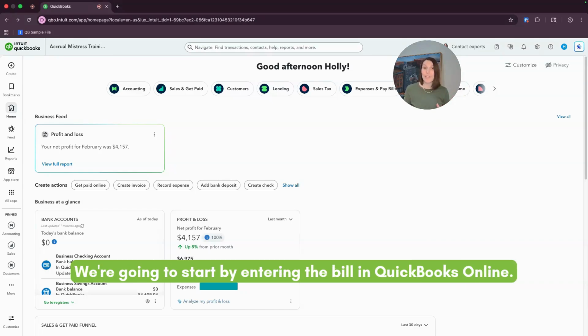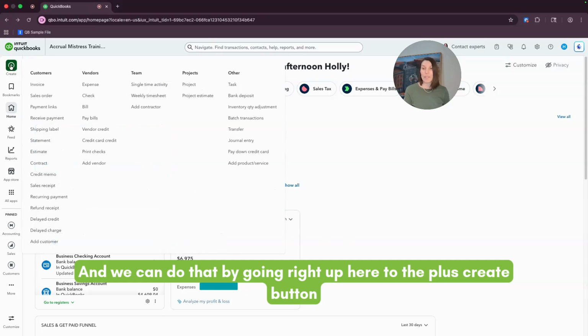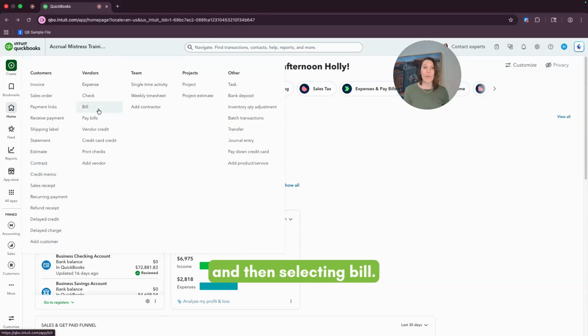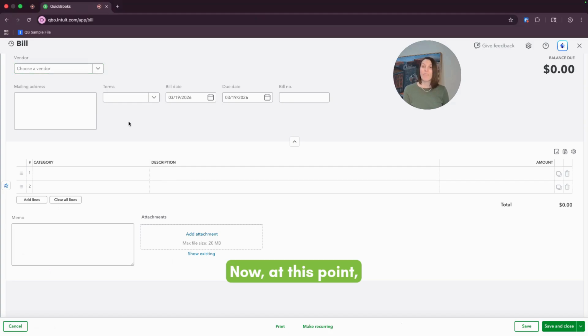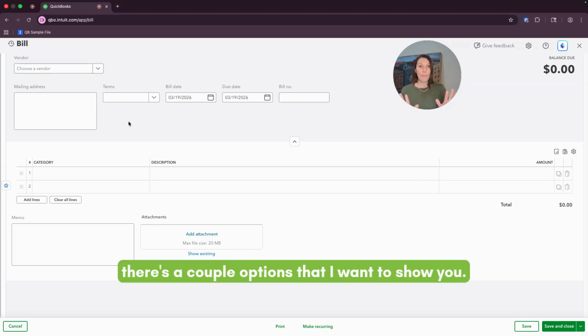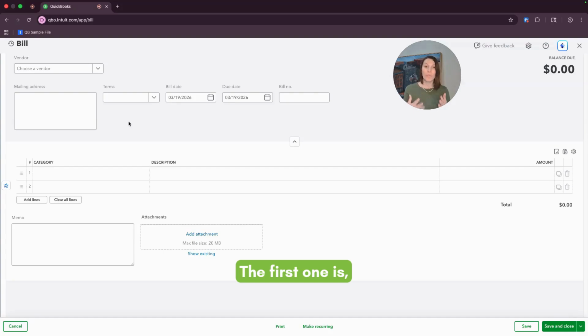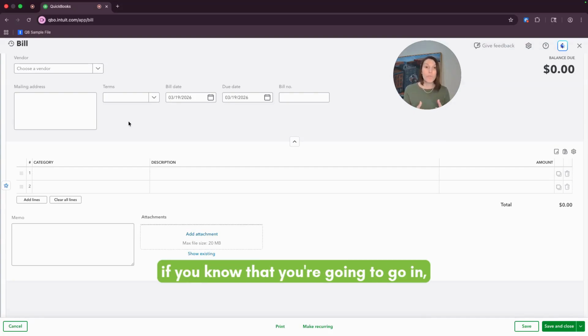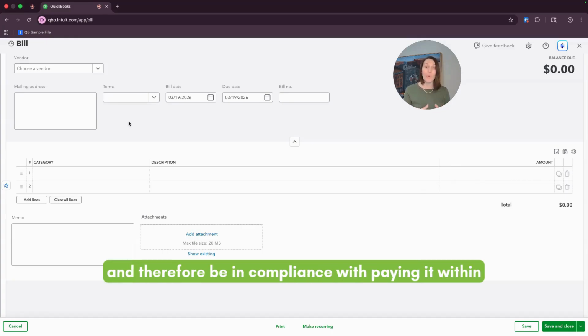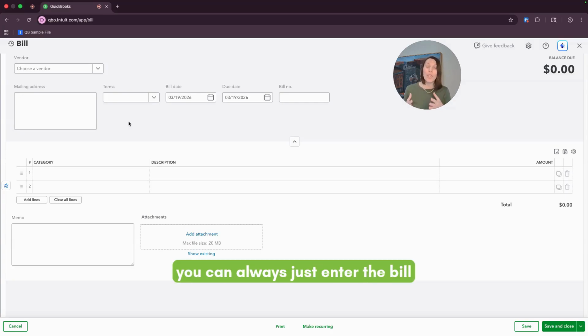We're going to start by entering the bill in QuickBooks Online. And we can do that by going right up here to the plus create button and then selecting bill. Now, at this point, there's a couple options that I want to show you. The first one is if you know that you're going to enter this bill and pay it right away, and therefore be in compliance with paying it within the 10-day window,